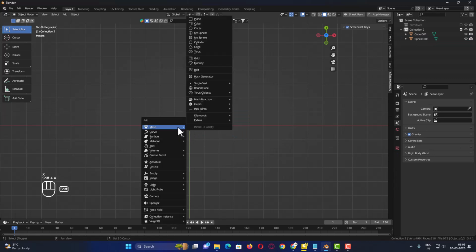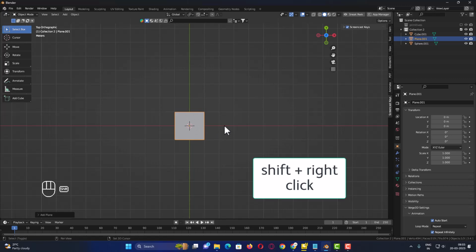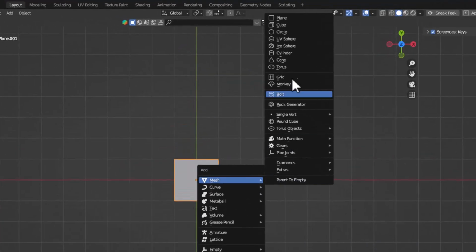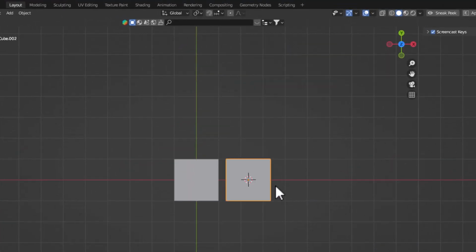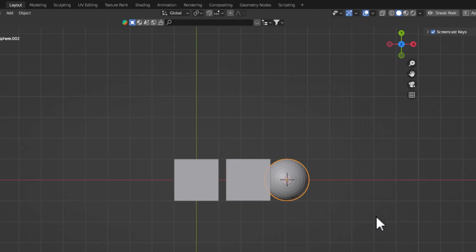Now, I will press Shift A and add a plane here. Now, if I want the next object here, I will press Shift and right click, add the cursor here, then Shift A and I can add the cube here, and again Shift right click here and Shift A and add a UV sphere here. And like this, you just practice adding these objects at different points.